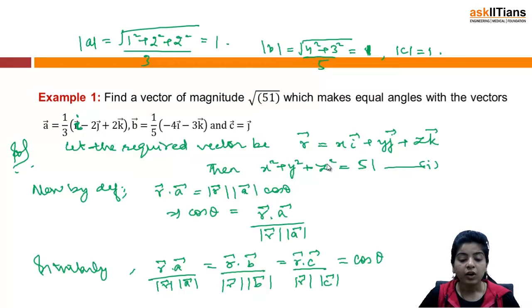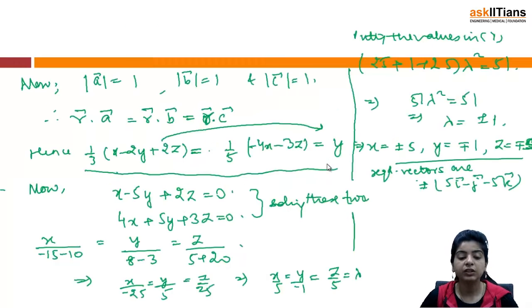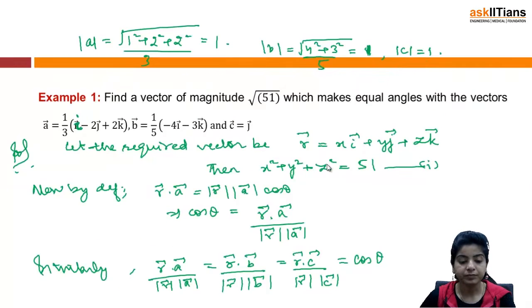Now r dot a, using the formula, is equal to modulus of r into modulus of a into cos theta. Using these we reached the conclusion that r dot a is equal to r dot b is equal to r dot c. So we have just applied the dot product of vector r and vector a, right? So we have obtained these